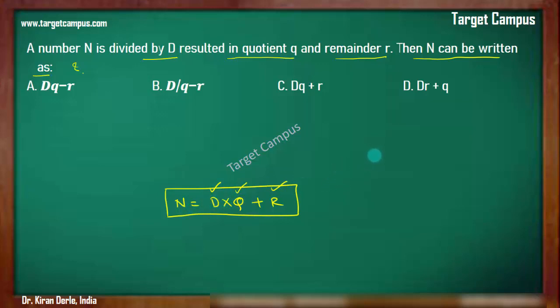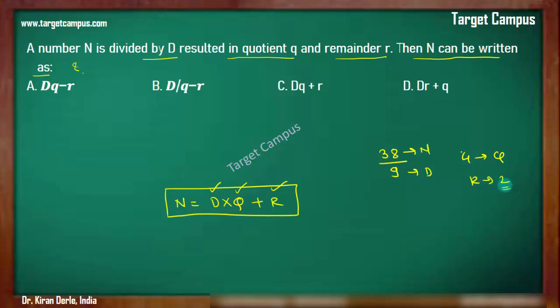So suppose you divide 38 by 9, right? So you divide 38 by 9, so this is your n, this is your divisor, right? What will be the quotient? 9 4s are 36, so your quotient will be 4. What is the remainder?